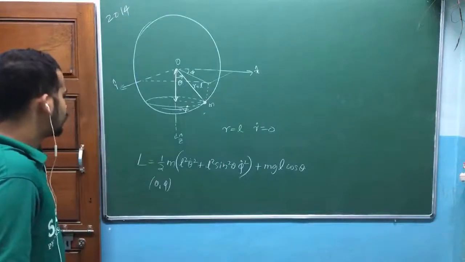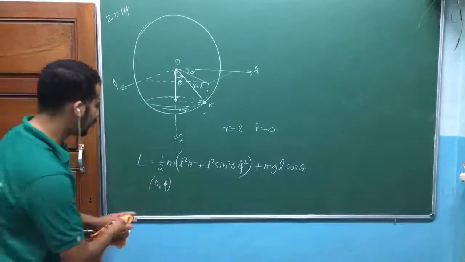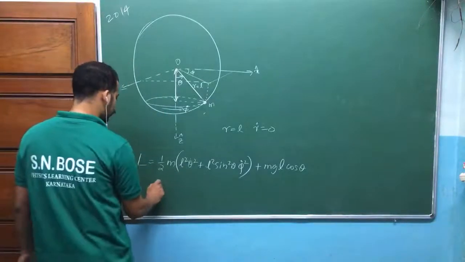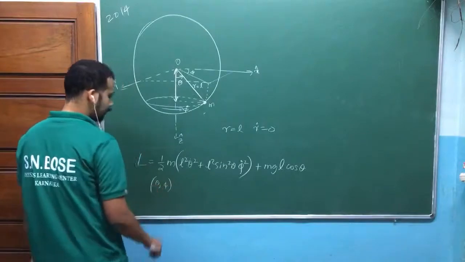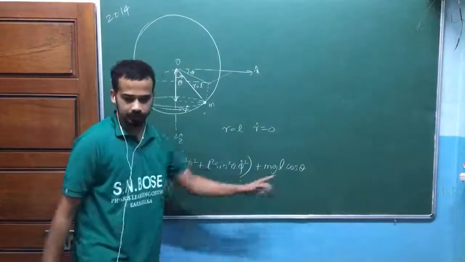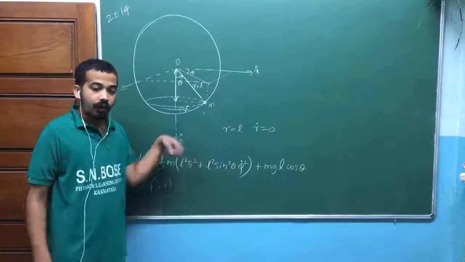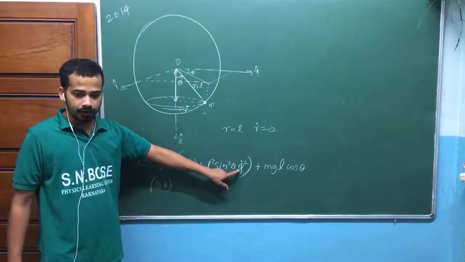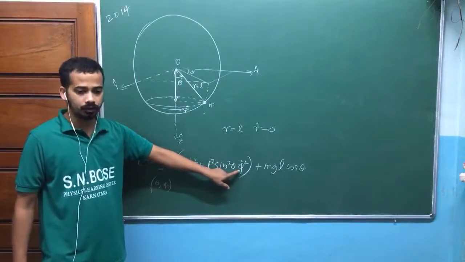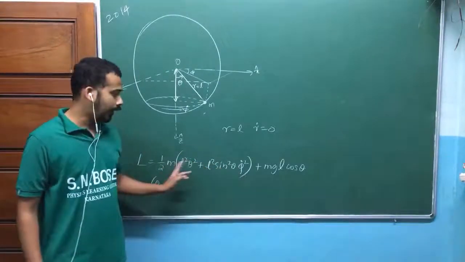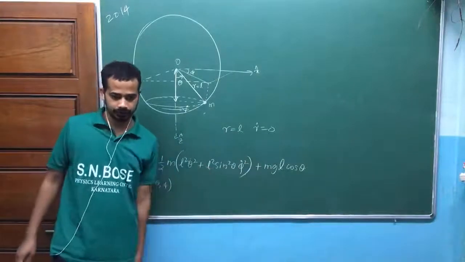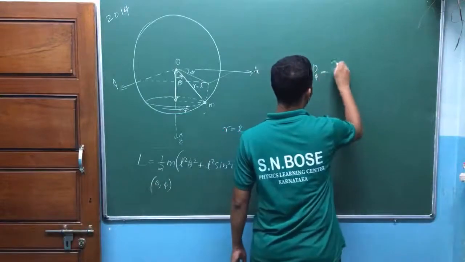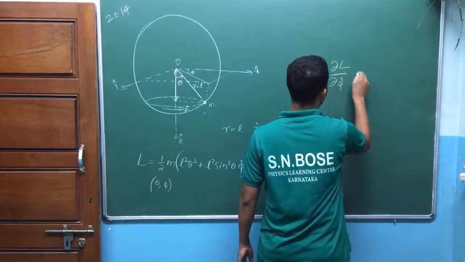Radius is constant, that's not what I am talking about. Again, which is the conserved quantity? Which coordinate is cyclic? Look at here, two generalized coordinates, theta and phi. Phi is cyclic here, or a function of phi doesn't appear here. Phi dot is not a function of phi, remember. It's a generalized velocity, this is not a coordinate. Phi is cyclic here, that's why p phi, that's equal to dou L by dou phi dot, is constant.